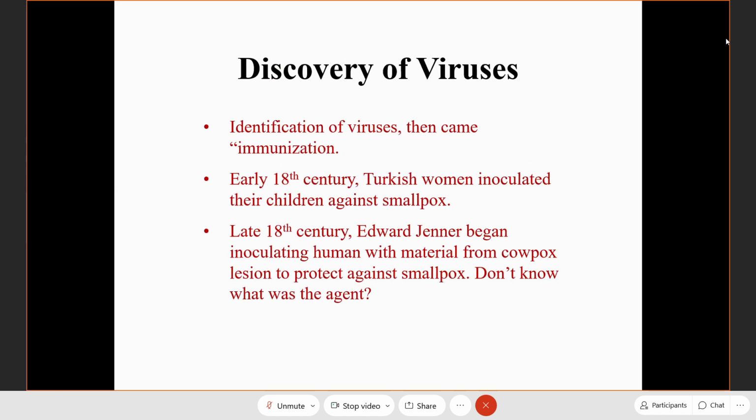So cowpox and smallpox. Smallpox, do you know smallpox? Any one of you got vaccinated against smallpox? Yeah, vaccine? Normally on the left-hand side of your shoulder. You have it or not? You don't have it, right? In your generation, you don't have it anymore. You can see the depression of the skin. So smallpox, in Malay they call it cacar. They just poke around and then see.